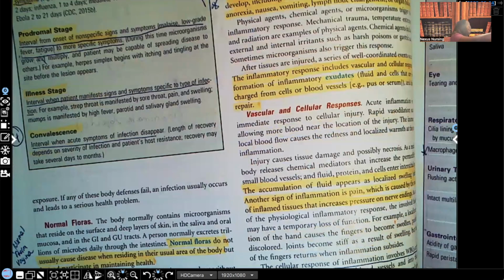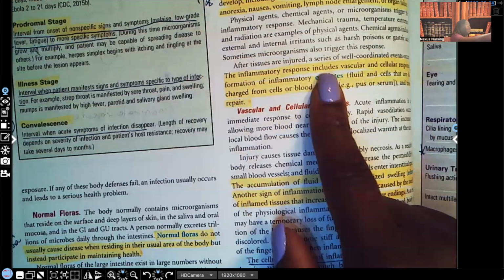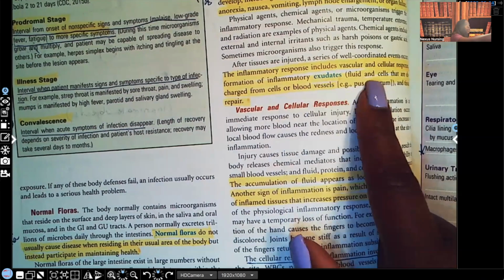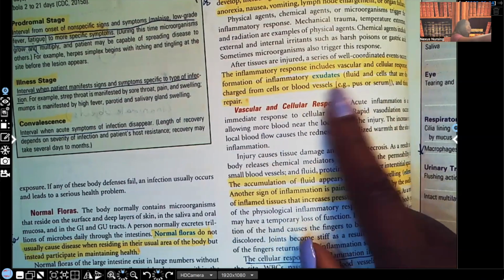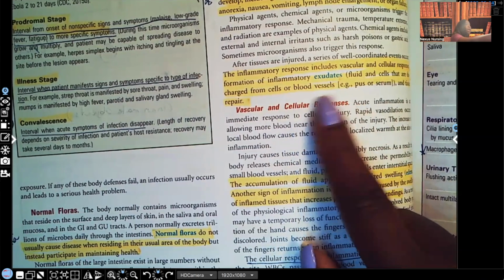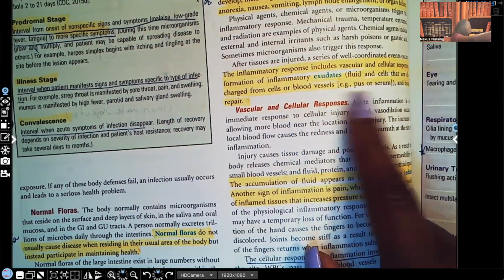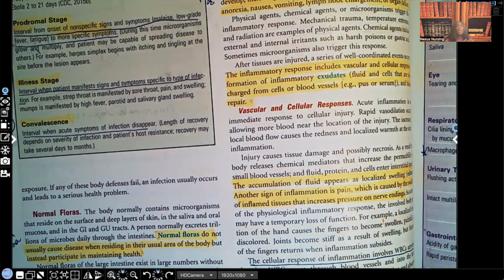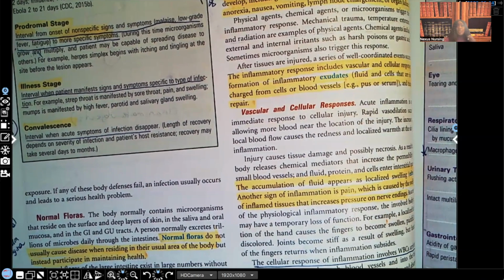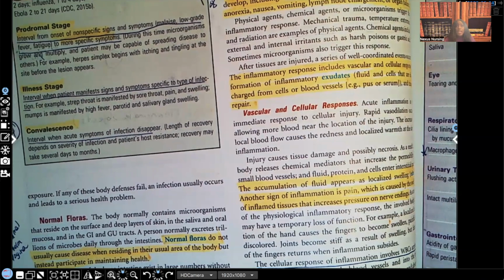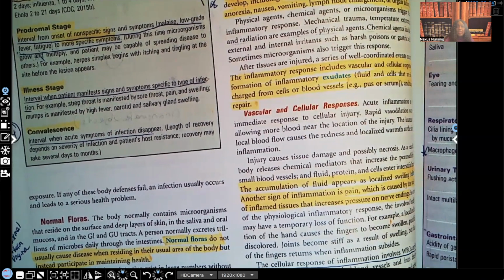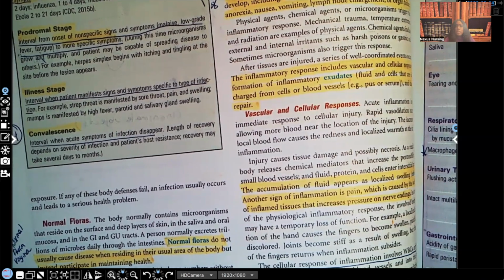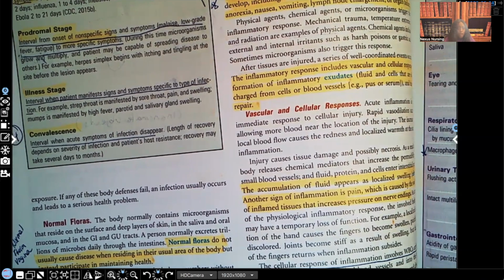Right here, it says inflammatory response includes a vascular and cellular response, formation of inflammatory exudates. And when they say exudates, they're talking about fluid and cells that are discharged from cells or blood cells, pus or serum, and tissue repair. Whenever there is damage, wherever there is trauma, guess what? The fluids, electrolytes, blood is going to rush to that site of damage or trauma. That's why you see swelling, because the WBCs are rushing to the area to save the day, fluids rushing to the area to save the day,